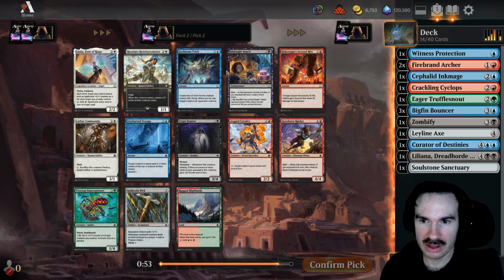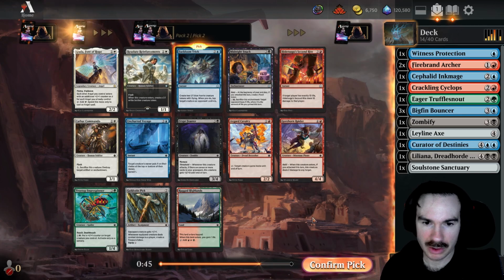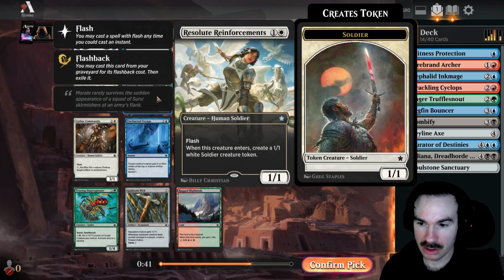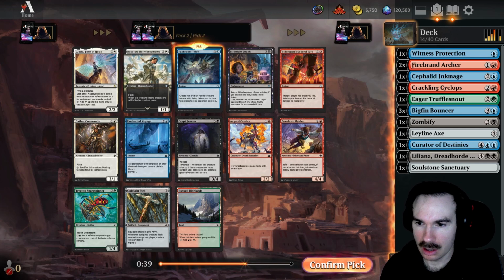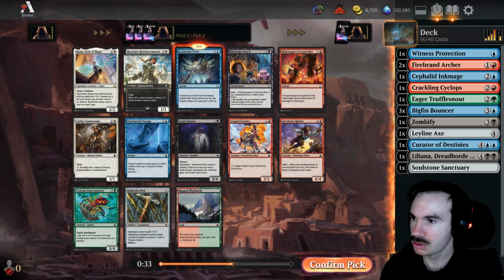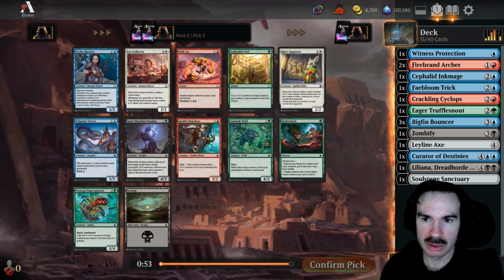Giada in white is good. I really like this Fey Bloom trick. And that could still maybe keep us more in this route since it makes creatures, but it's a non-creature spell. Resolute Reinforcements is good. Let's just stick to blue. I feel pretty confident we're in blue. Still feels like a good chance we're in red too, but